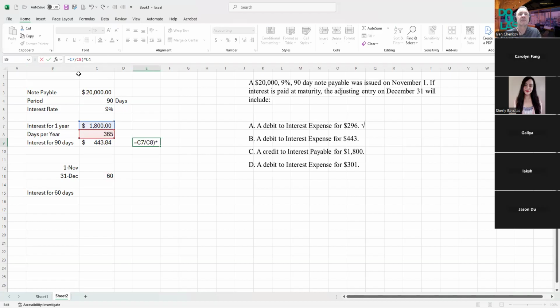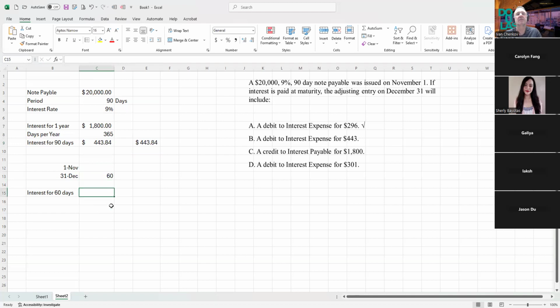90 days is going to give you the interest for that period, which should be exactly the same number. So there are different ways you can come up with those numbers. So now that's 60 days. How can I get that interest for the 60 days? Well, I can get this one